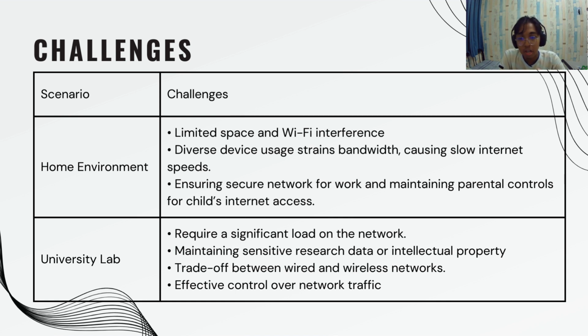University labs are frequently involved in cutting-edge research and they handle sensitive data and intellectual property. This data may include experimental results, proprietary algorithms, or confidential information related to ongoing projects. Failure to maintain the security of sensitive research data can have several consequences, including potential data breach, unauthorized access, or intellectual property theft. Safeguarding this information is crucial to preserving the integrity of the research and protecting the interests of the university and its researchers.